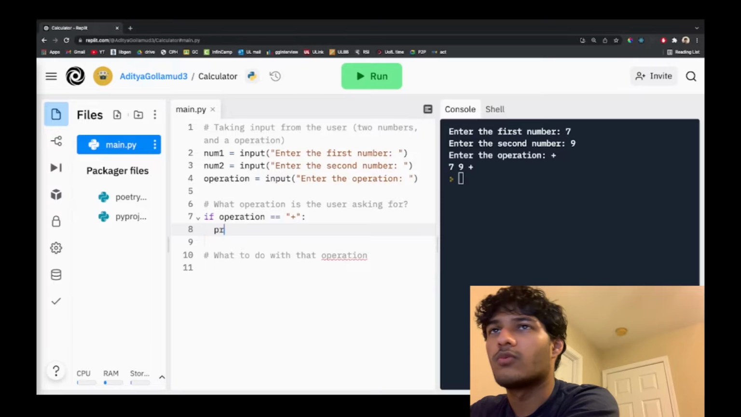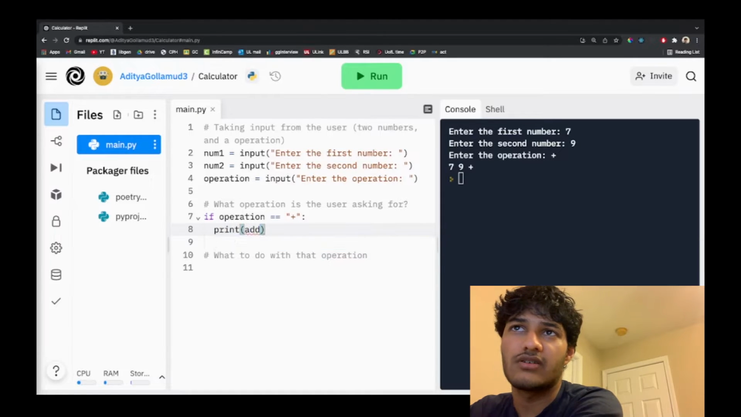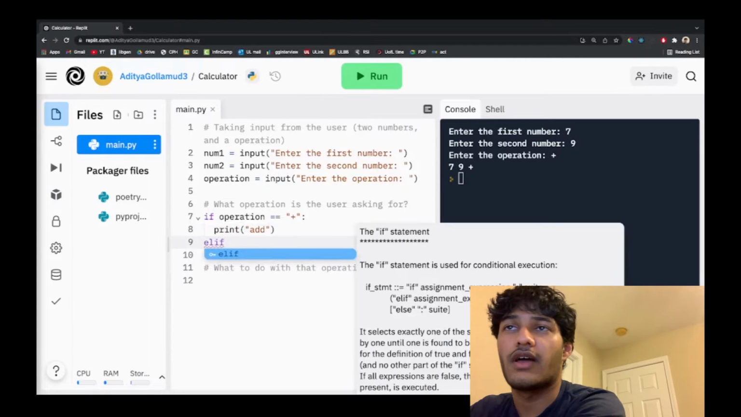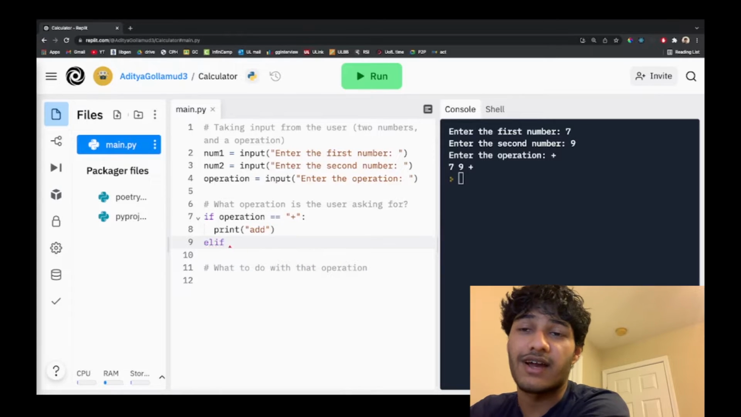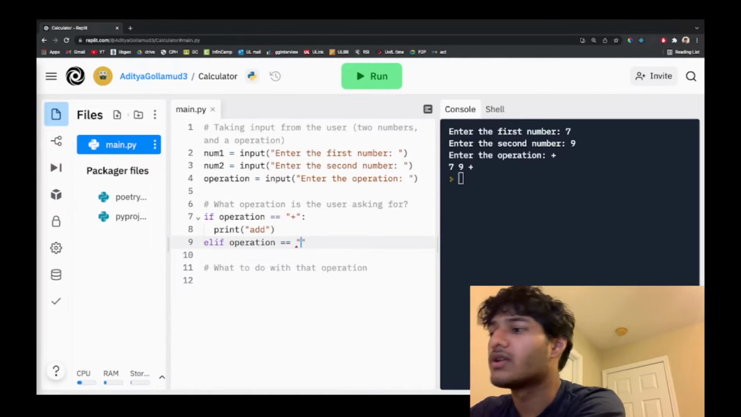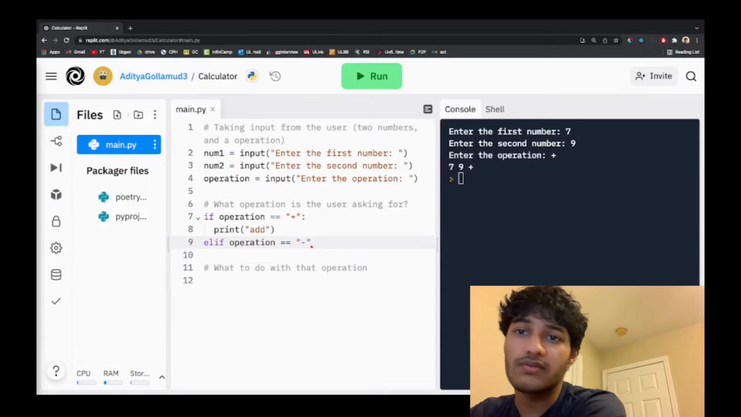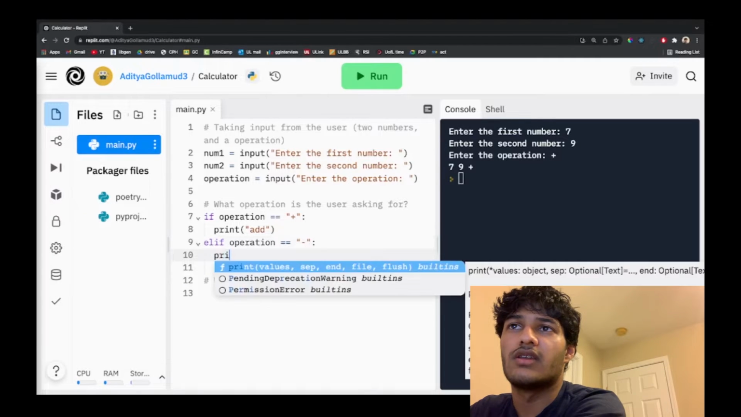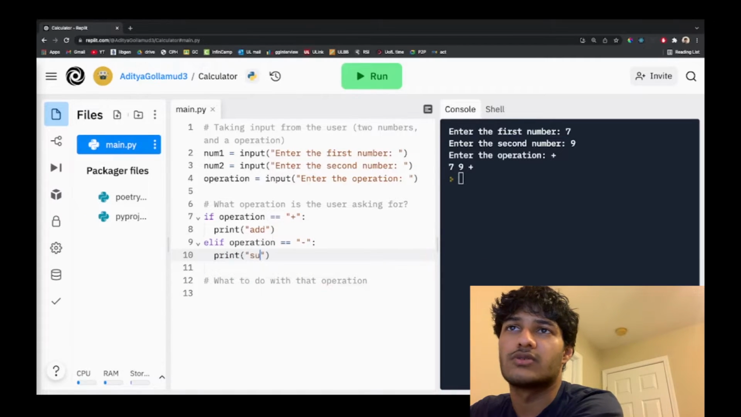So now inside of this conditional statement, we'll just say print add, because we're not sure what to do with that yet, but let's do elif, which means again else if. So in the situation where operation is not equal to plus sign, we can check if operation is equal to the subtraction symbol. And the order of these doesn't matter, by the way. It all goes through sort of the same logic. And then in this scenario, we can print subtract,